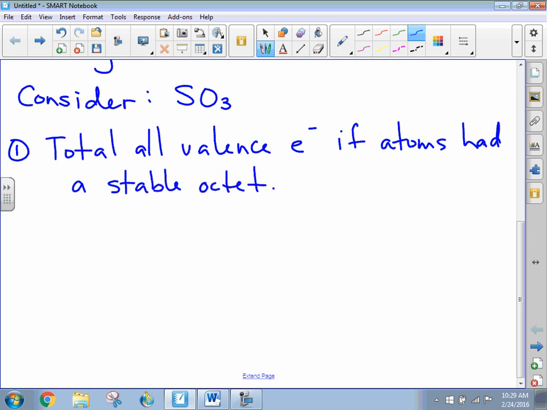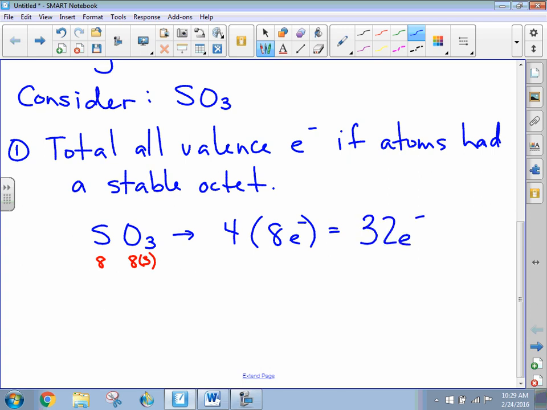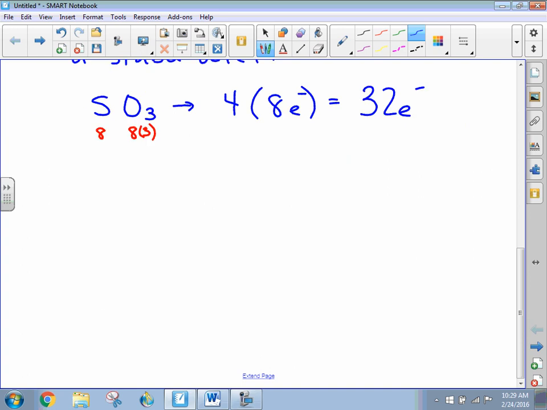So what that means is, for SO3, if we had a stable octet, there'd be 8 electrons around the sulfur, and then there would be 8 times 3 electrons around the oxygen. So that's a total of 4 multiplied by 8 electrons, which gives you 32 electrons. So that's if every atom had a full octet. The next step